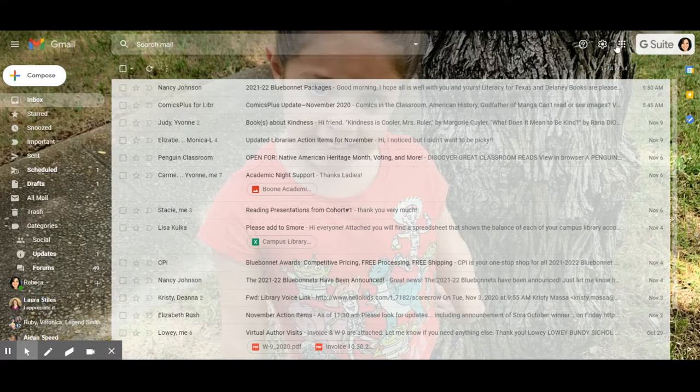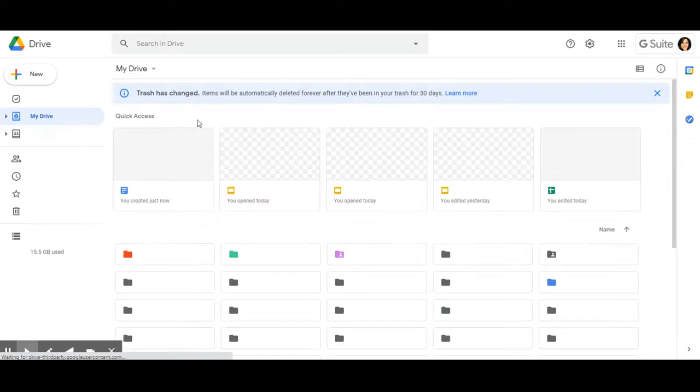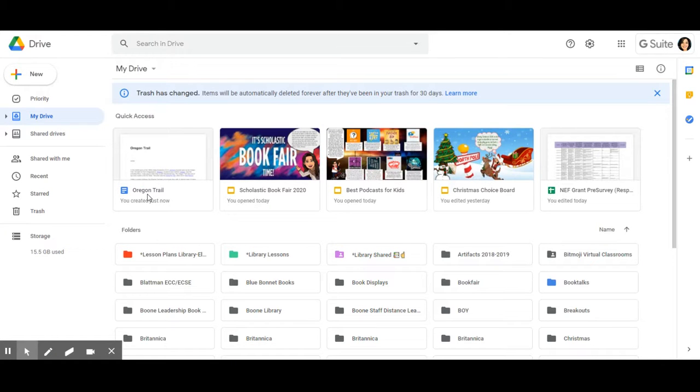I'm going to come to my Google Drive, open that up, and it should be the very first one right here. And sure enough, it says Oregon Trail. If I click that open,